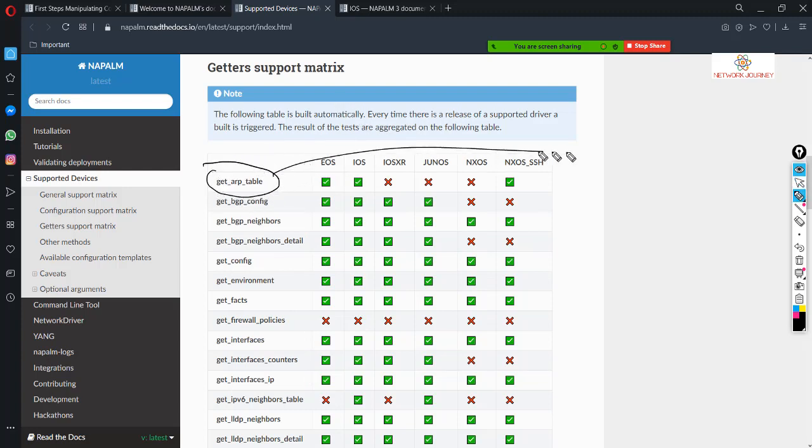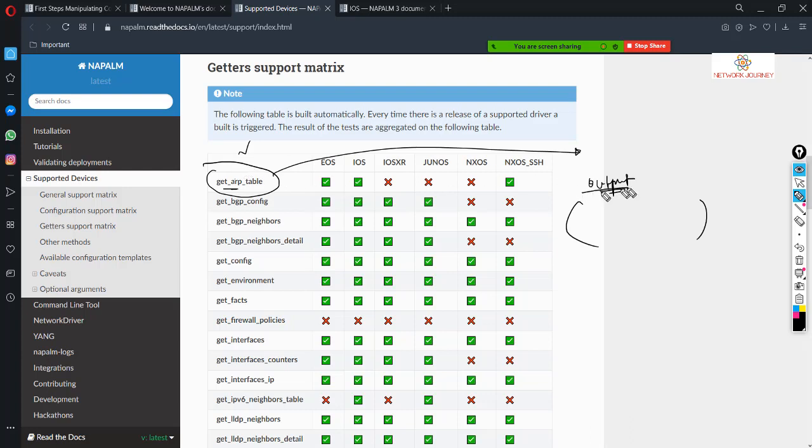So let's say when I make use of this predefined syntax inside my script, I'm going to get some output. Definitely, I'm going to get output when I do get arp table. That's something we also achieved in our previous modules like Netmiko, Paramiko, Telnet library. But how is NAPALM's output different from those three?